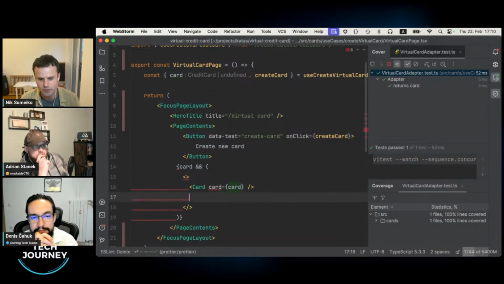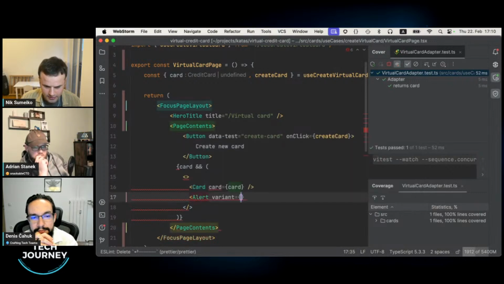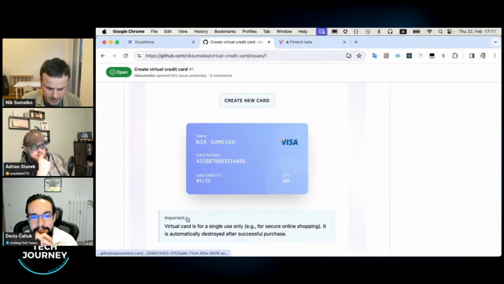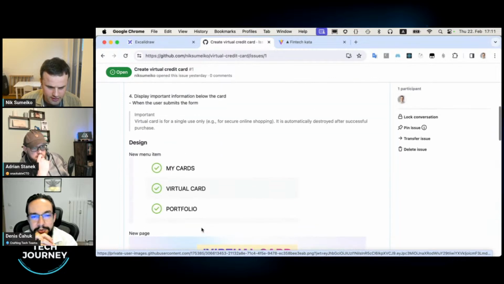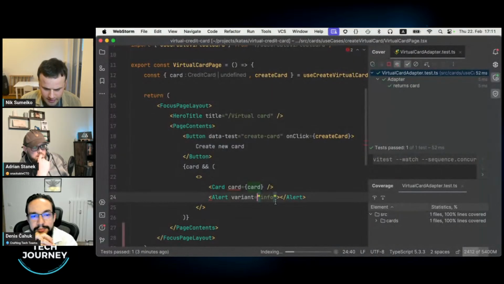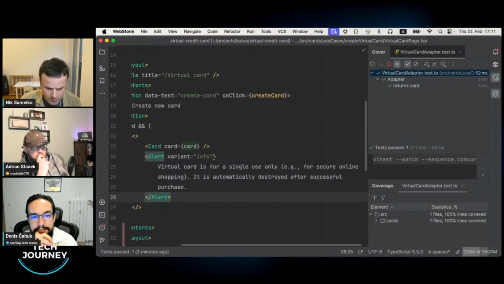Plus I remember there was this information box below, so I will put an alert for that. It's also from the design system. And there will be a title, I guess. Let's see the design, I forgot already about it. So there will be a title and the text of it. Let me copy this text from here.